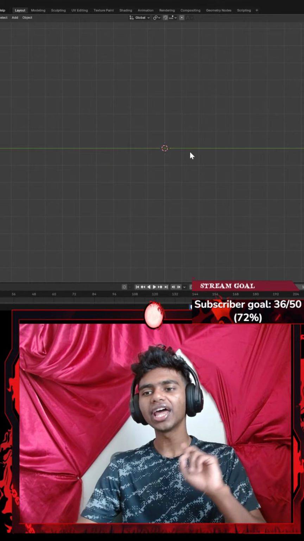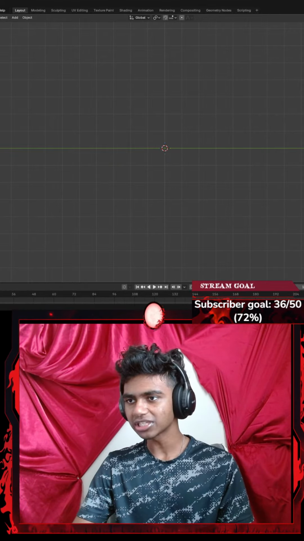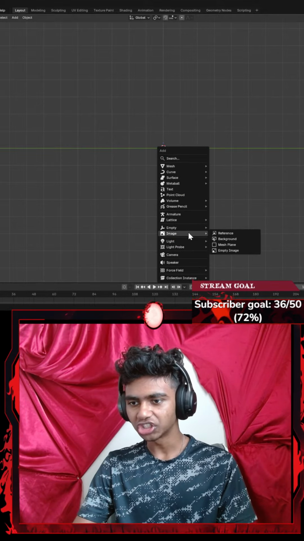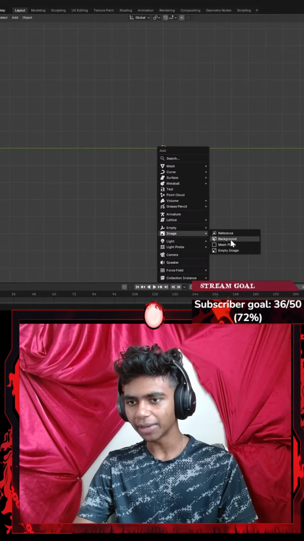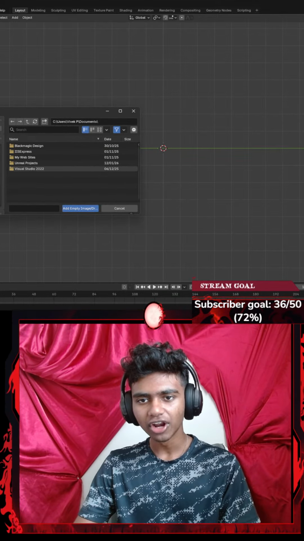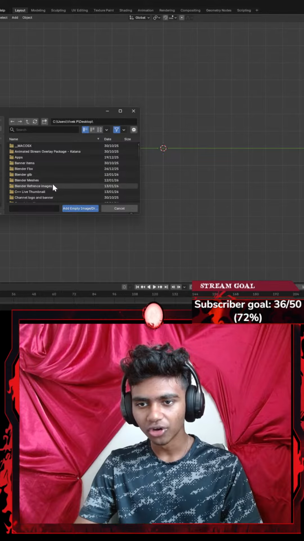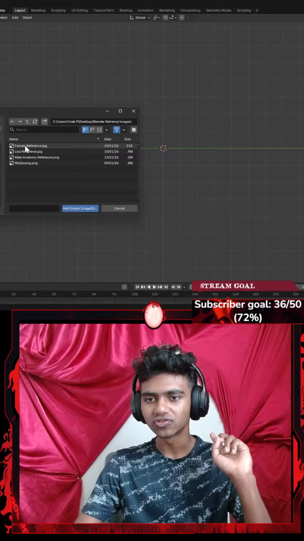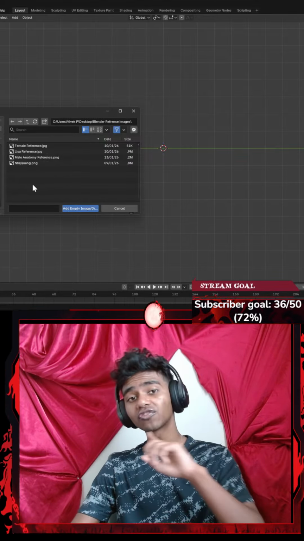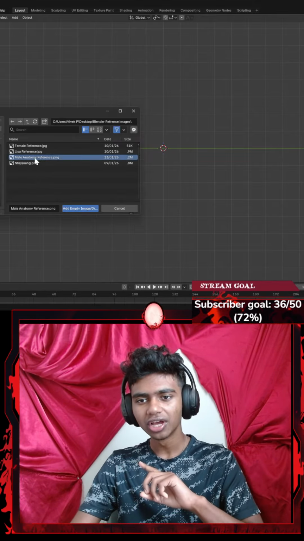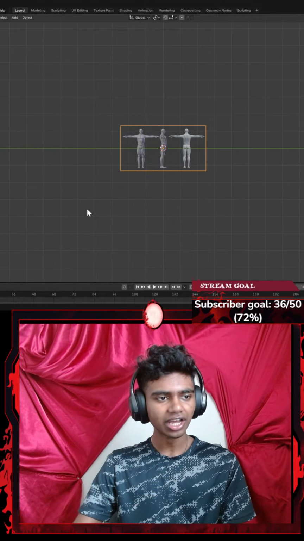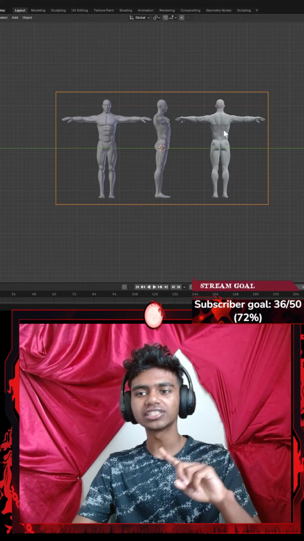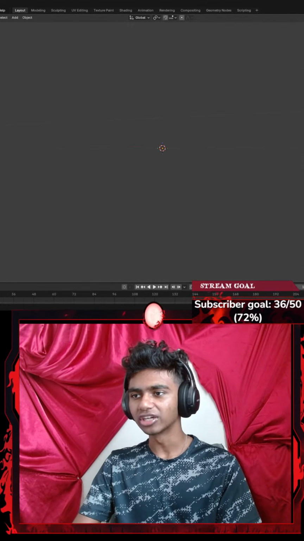Okay, I want to load an image here. So I might go with the negative x-axis, and then Shift A under images. I might go with a background image. For my background image on my desktop, I'm going to go to my Blender reference images. I have a bunch of options, for example a female reference, Lisa from Genshin Impact's reference image. But I want to honestly use the male anatomy one. Hiding pixel, I appreciate you joining the stream. Okay guys, so this is my reference image. I hope I don't get a copyright claim because of this.